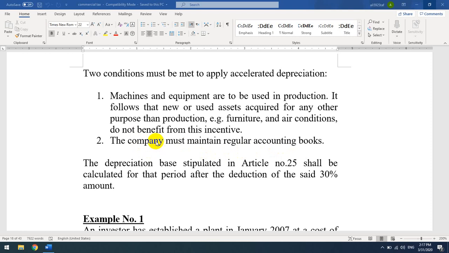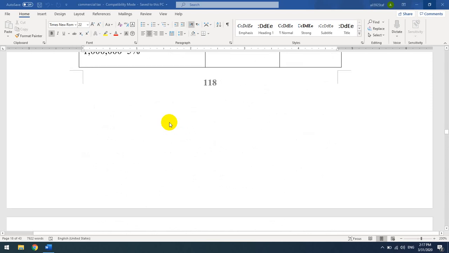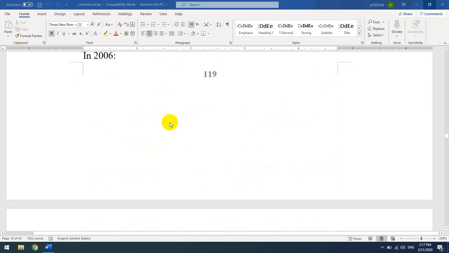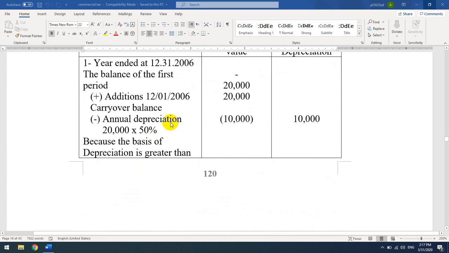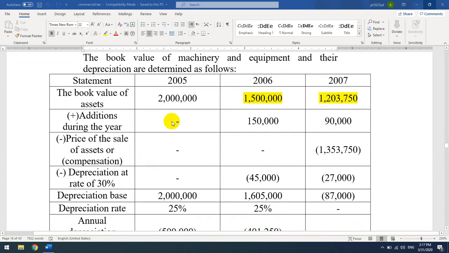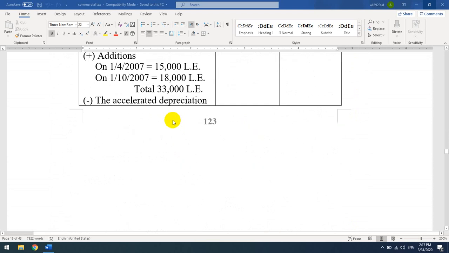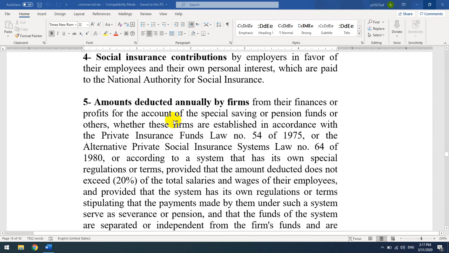This is what I want you to know about the item of the depreciation. Let's go to another item. These examples will be covered by the section, and we'll go to the item number